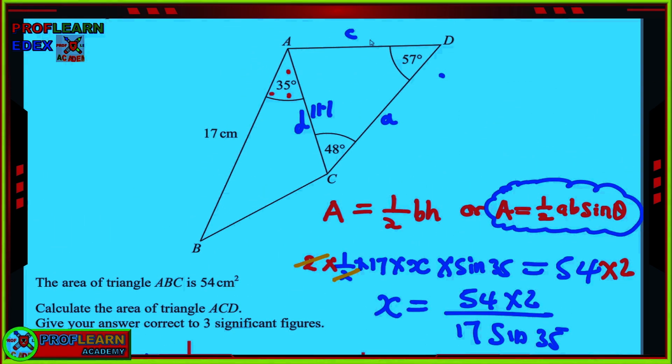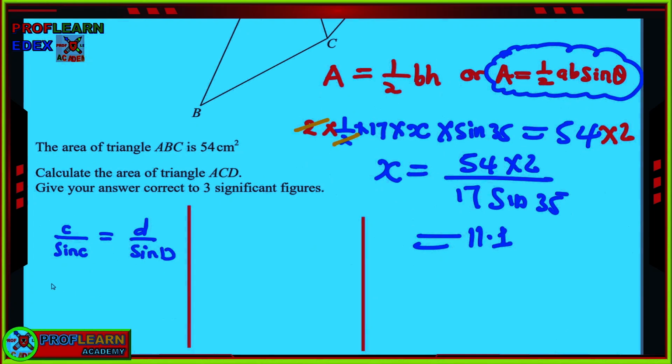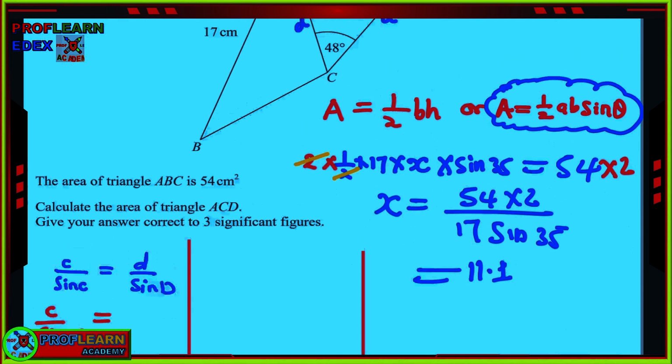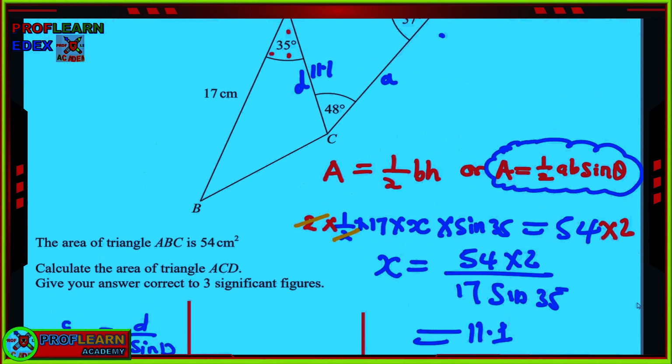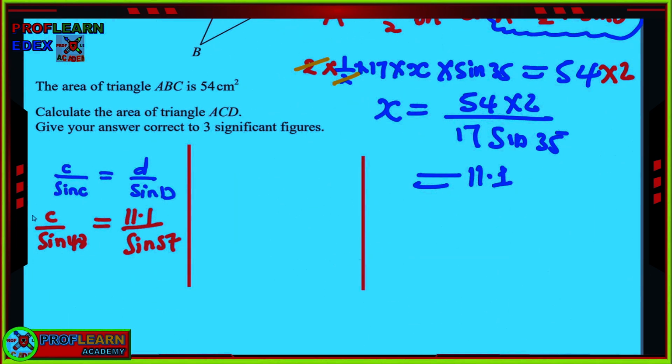So C is what we are trying to work out here. Our D is 11.1 and the angle is 57, but the angle for C is 48. So we are going to say C over sine 48 is equal to 11.1 over sine 57, because the angle here is 57. Which means that we can multiply this on the other side. We shall have C equal to 11.1 sine 48, and if we divide this by sine 57,